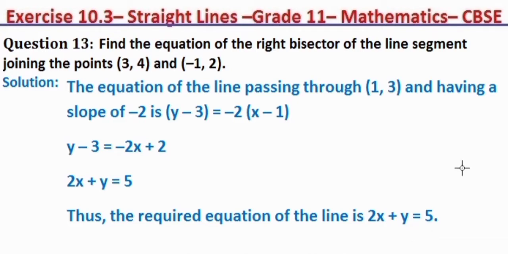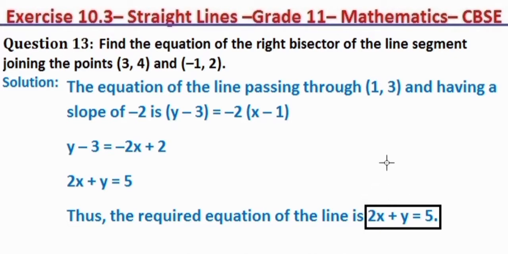Hope you understand how to solve such kind of questions. So here we have to find the slope of the given two points first, then the bisector. It says right bisector. That's why we have to get the perpendicular slope. Perpendicular slope is nothing but minus 1 by m. Then we can use the general formula y minus y1 is equal to m into x minus x1. Then automatically we will get the required solution.